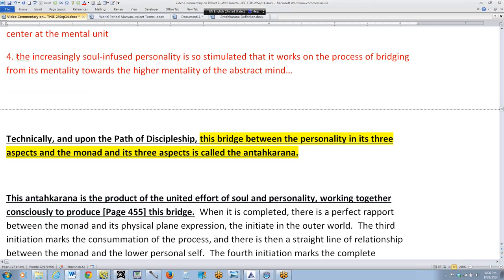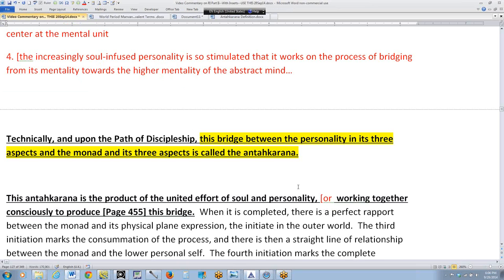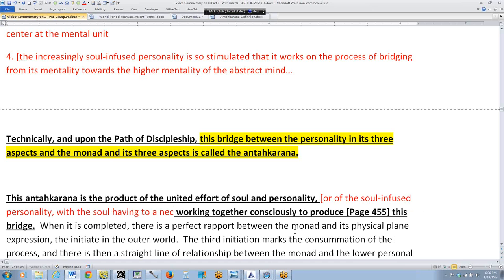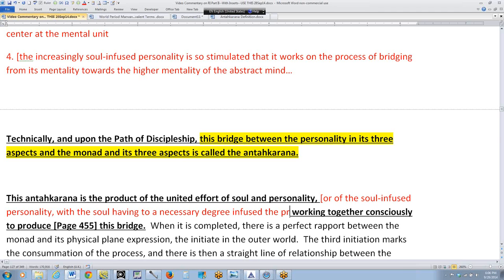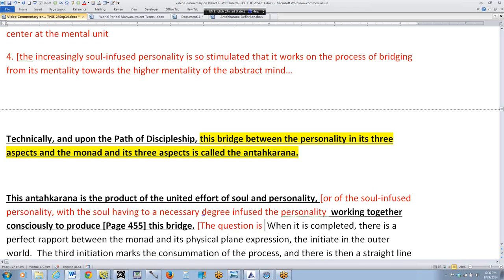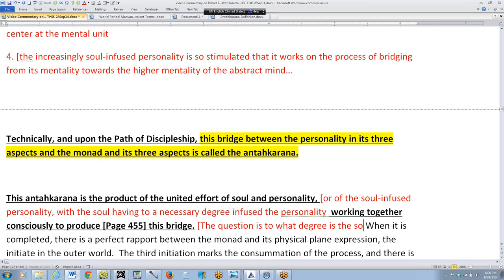Now, I'm not exactly sure whether I have, okay, the soul and personality, or of the soul-infused personality, with the soul having, to a necessary degree, infused the personality, working together consciously, and presumably the higher self is involved in this process. To what extent the soul or angel is involved in this process is not really given, but it says, when there's conscious working together, that we as a soul-infused personality and the soul on its own plane may be involved as well, consciously to produce the bridge. So the question is, to what degree is the soul on its own plane